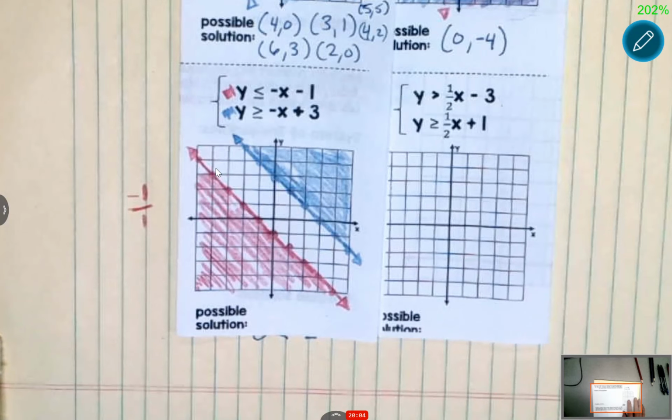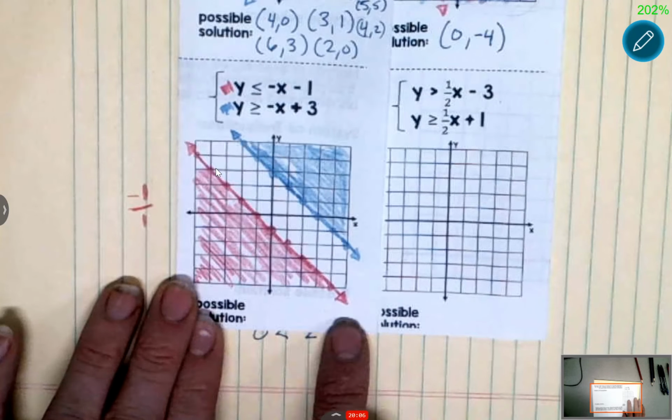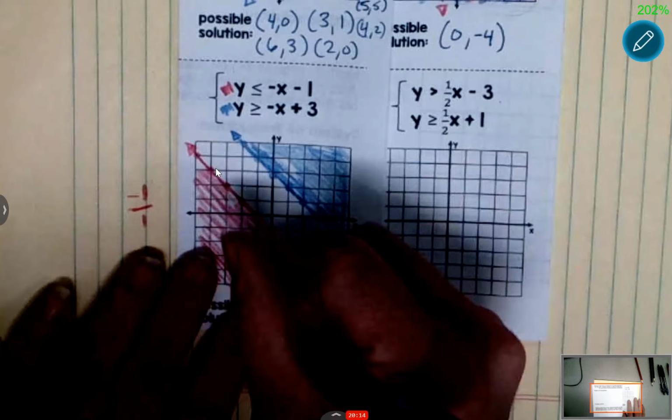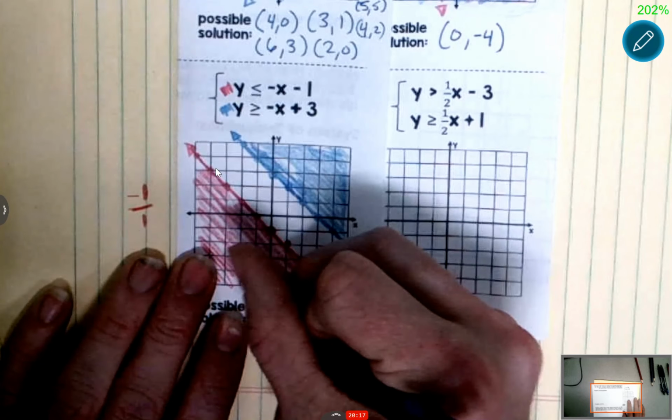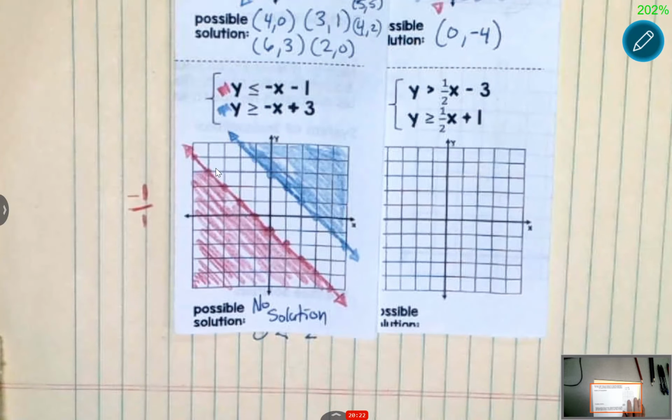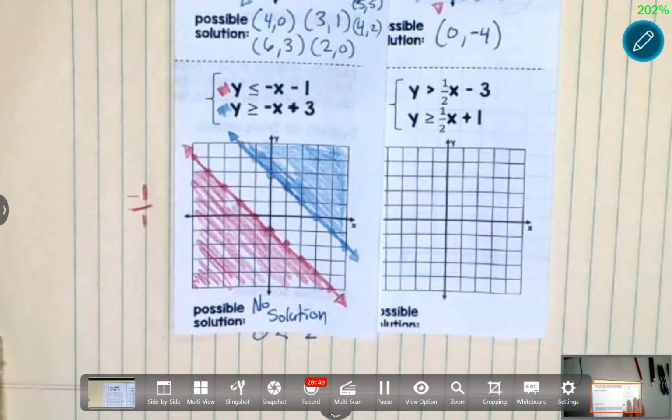Raise your hand if you think you know what we should write down here for the solutions to the inequality. Lila? No possible solution, or we just write no solution. There's no solution to the system of inequalities. There's no point that's going to satisfy both of them. It doesn't matter what x, y ordered pair I choose to plug in, it's not going to satisfy both of these two inequalities. Are there any questions about this? Okay, then we're going to go ahead and